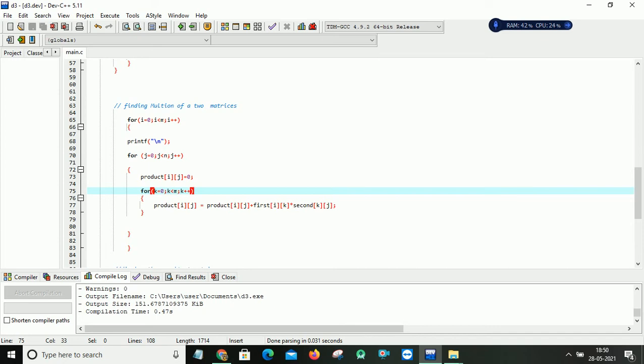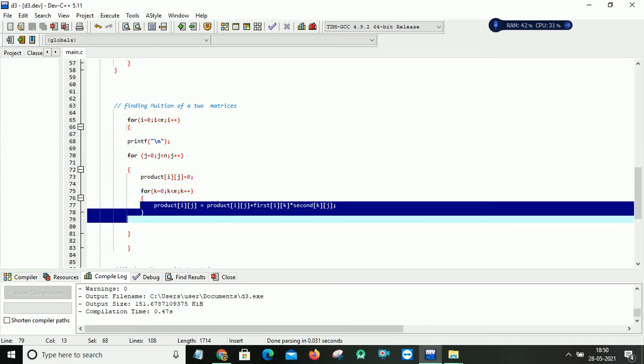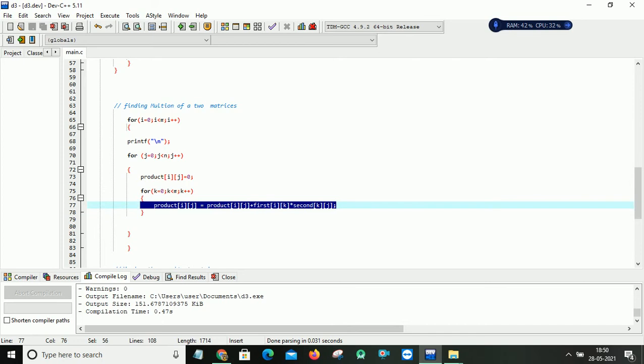Here the logic for matrix multiplication is: product of ij equals product of ij plus first of ik multiplied with second of kj. You can observe that k is the internal loop. So this is the logic for performing matrix multiplication.